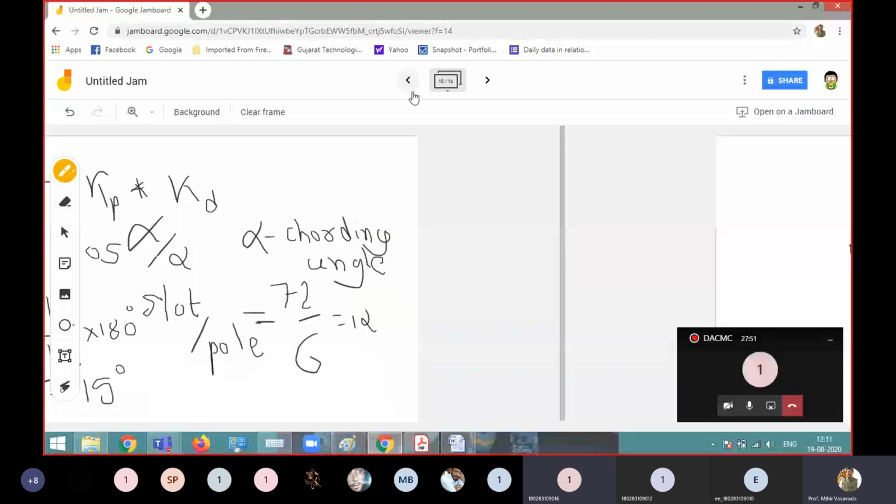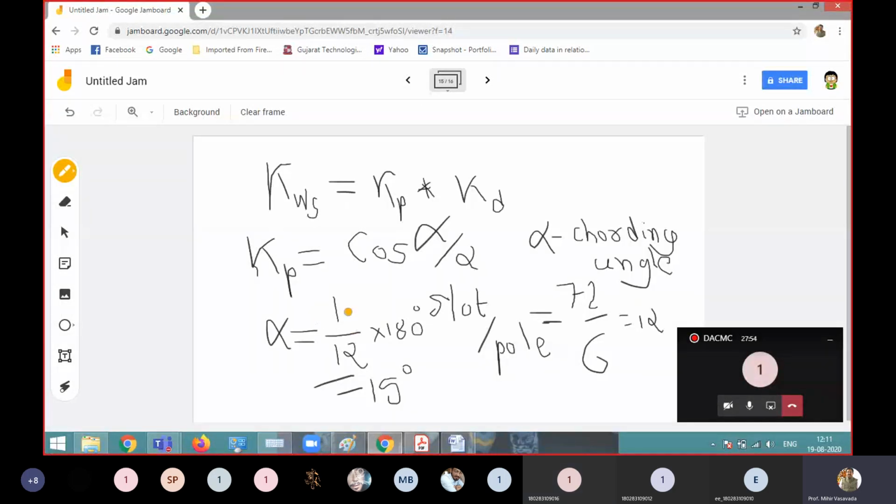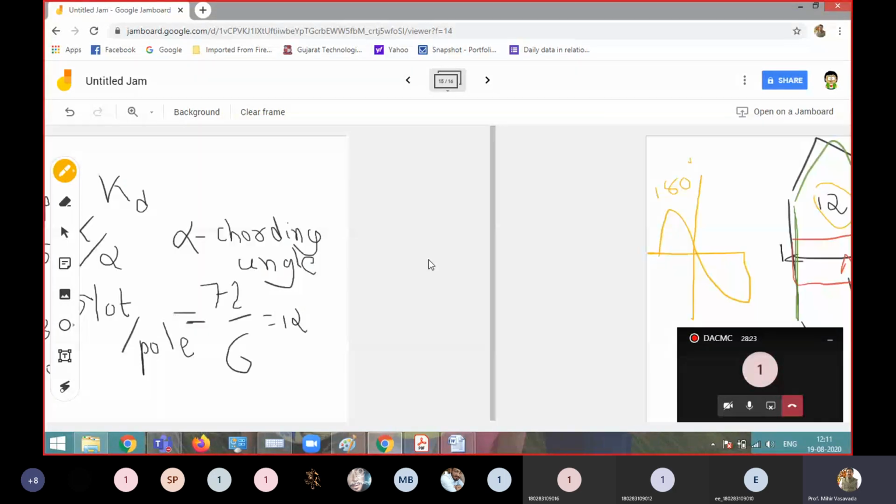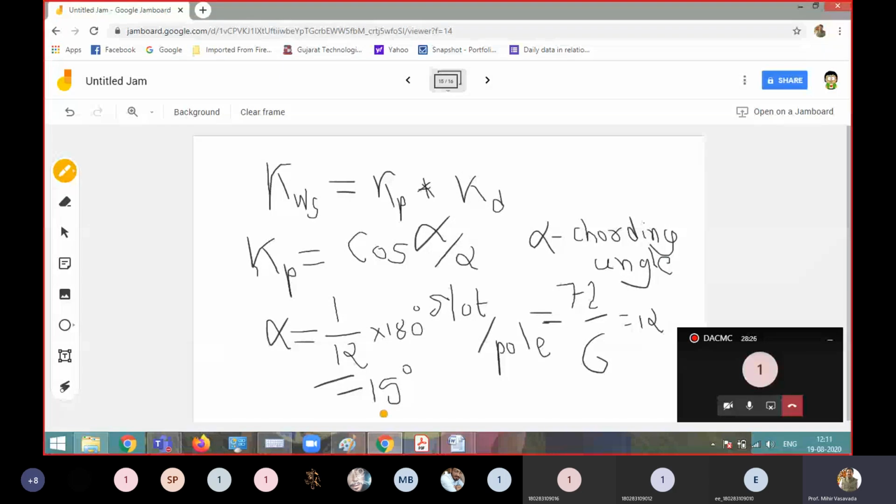So we are putting here the number of slots for which it is short, that is 1, upon the number of slots for a full pitch coil, that is 12. And if you go to this diagram again, when a conductor passes through one pair of poles, it generates one complete cycle. That means when it passes through one pole only, it generates half a cycle. Half a cycle is 180 degrees electrical, and a total of 360, right? So that's why we have multiplied with this 180 degrees. So we are getting alpha to be 15. Clear? Put that value of alpha over here.